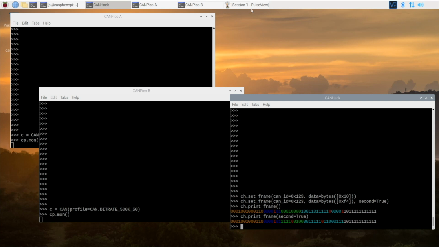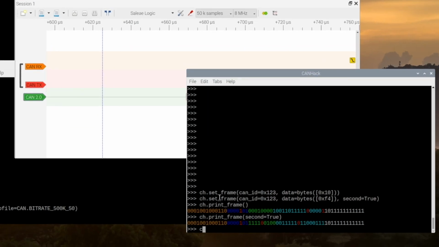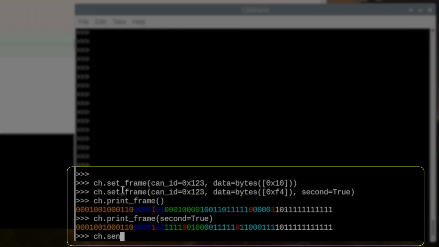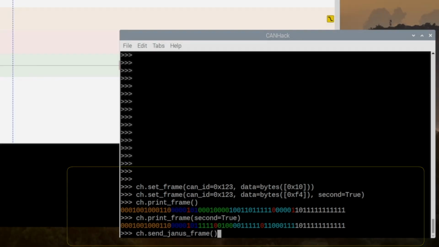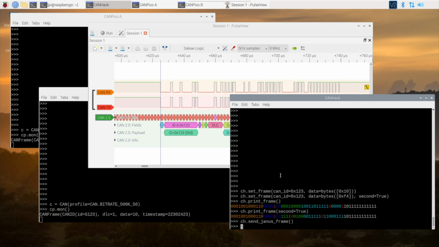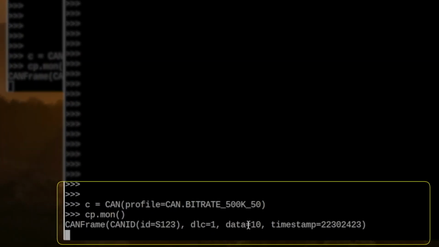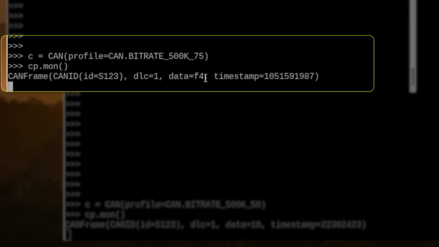Now, to mount the attack, we need to use the logic analyzer to see what's happened, and we basically send the Janus frame. So if we arm the logic analyzer, send the Janus frame, here we go. So this receiver has received a hex 10 payload, and this receiver has received F4.